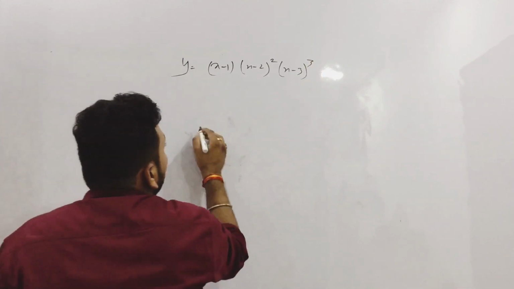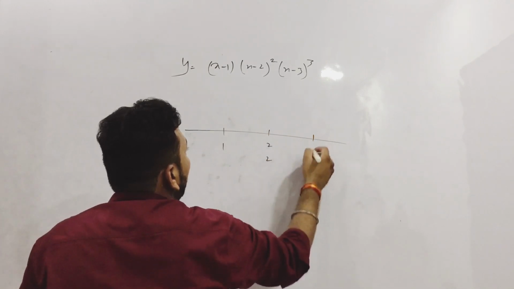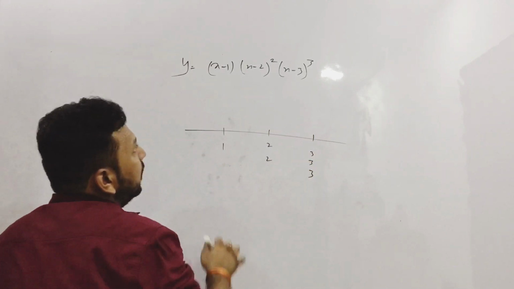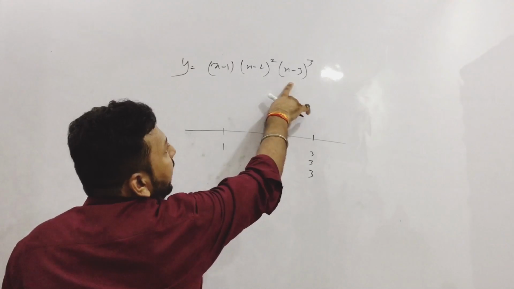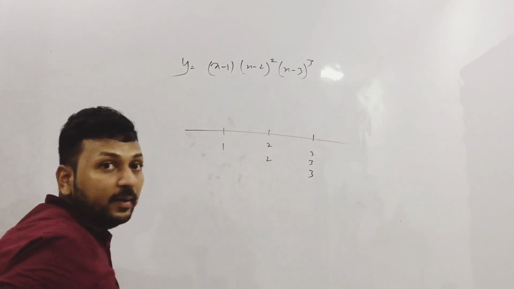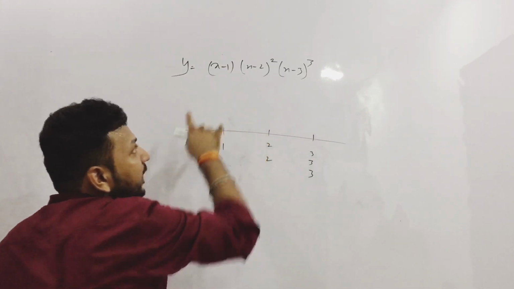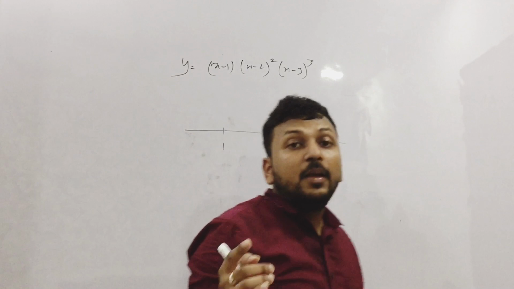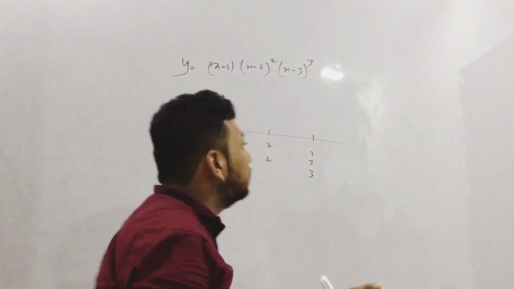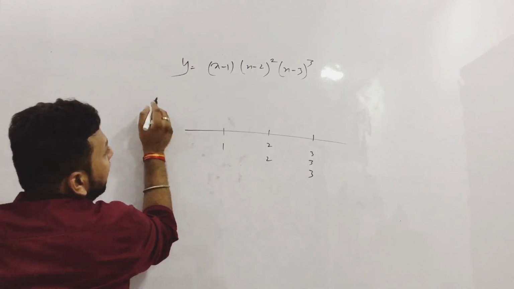Okay. So how do you draw it? The critical points are 1, 2 and 3. Okay, 1, 2 and 3 are the critical points. 1 is only one time, 2 is two times, 3 is three times, so I have written it like this. What is the maximum power of x in this? 3, 2, 1, that means x to the power 6. X raised to the power 6, and if you put x equal to minus infinity to the power 6, that means the graph is coming from above.